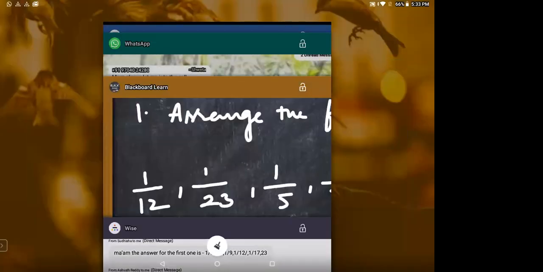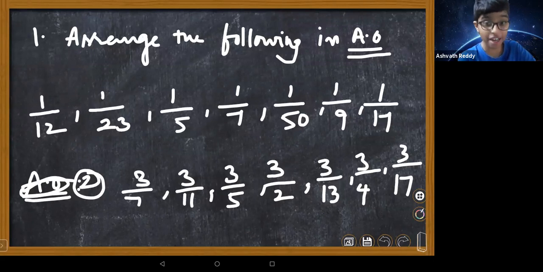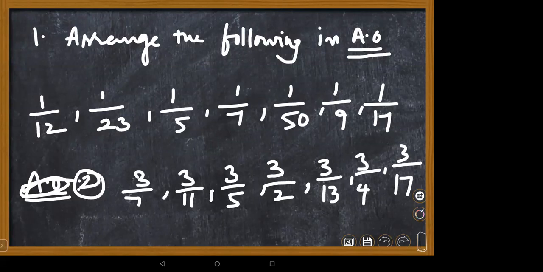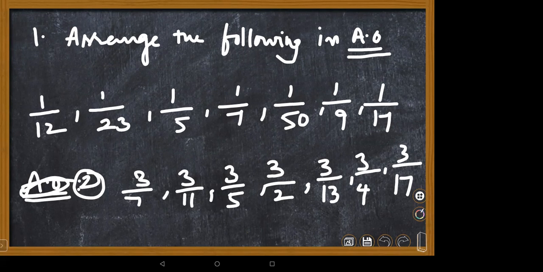Okay, you can take the second bit, please. Ma'am, the second bit is too big. No need of very big. Same numerators means the same technique you can use here too. Which denominator is greater, that is the smallest. Ma'am, the second one is also ascending order. Same ascending order only. Both the fractions you are supposed to arrange in ascending order.